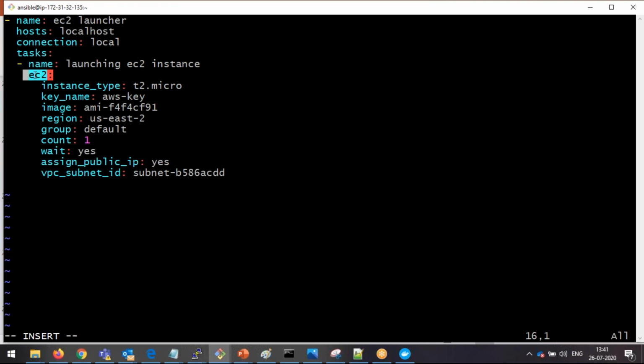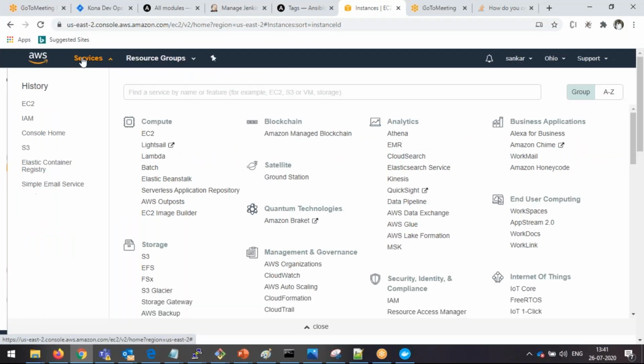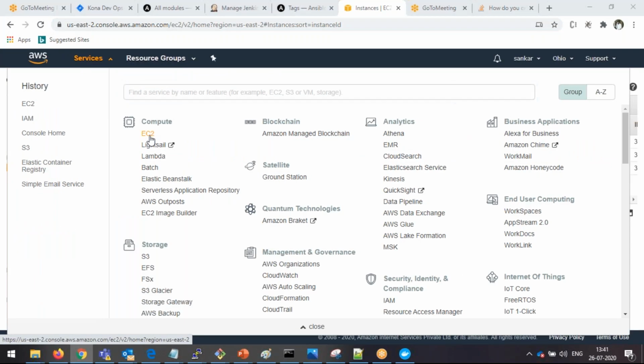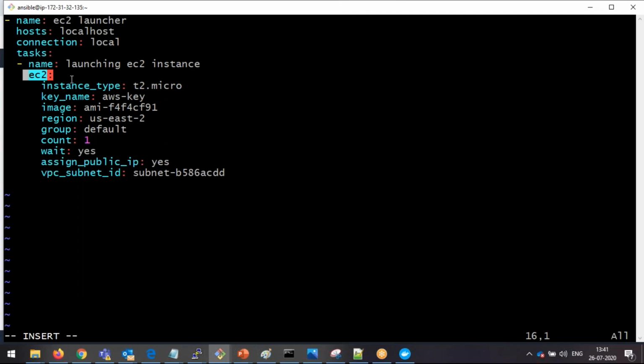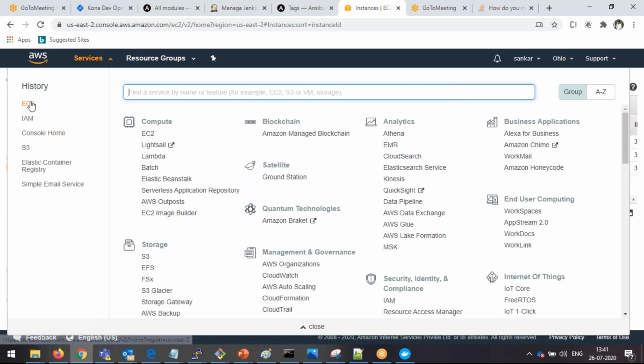Then my intention is to use the EC2 resource, then I'm going to create the instance with the help of the EC2 resource. Now the properties required are the instance type. I want to launch it to my cloud. Now your key name, right? To connect to the machine, we require the key. So now here my key is